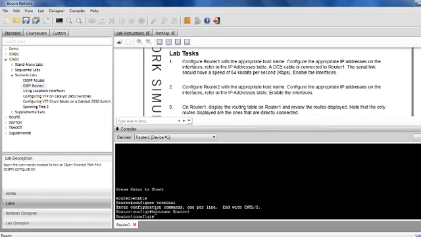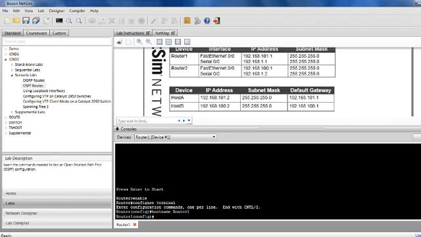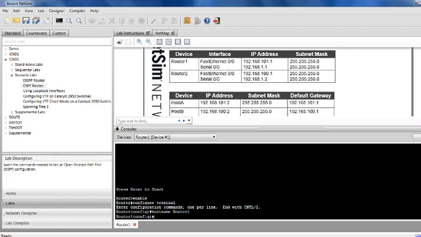Configure the appropriate IP addresses on interfaces. Refer to the IP address table. There's the IP address table. So we're going to come down here and type in interface fast Ethernet 0/0, and hit enter. And now we're in interface configuration mode, and we type in